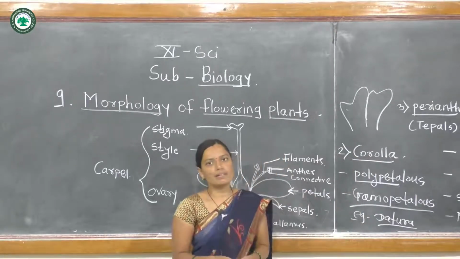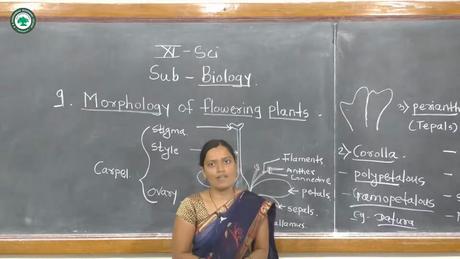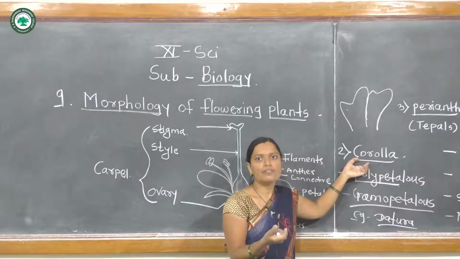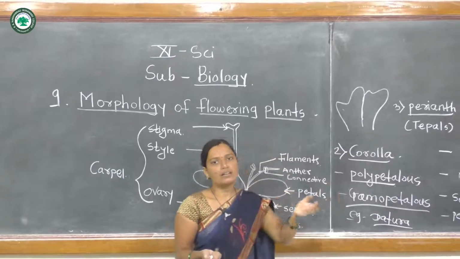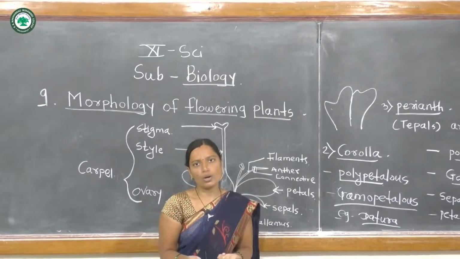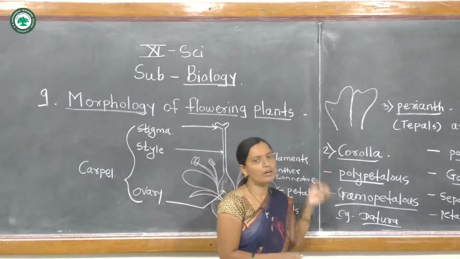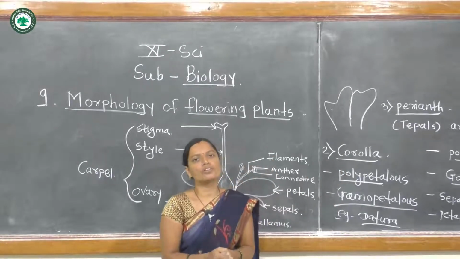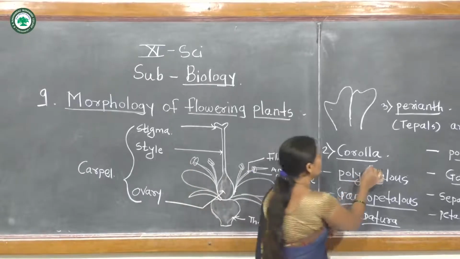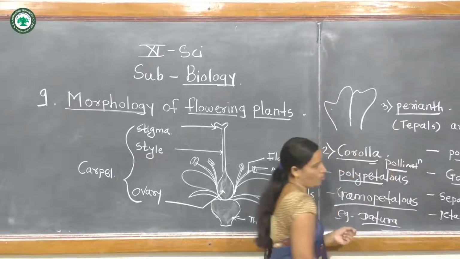The petal is most important for the attraction of insects toward the flowers, meaning it is a colorful flower. Different colors like red, pink and yellow are the different colored flowers, and these petals are colored and attractive, and that's why insects are attracted toward the flower. It is the most important function of the corolla for the pollination process. Pollination occurs in the flower with the help of this corolla.